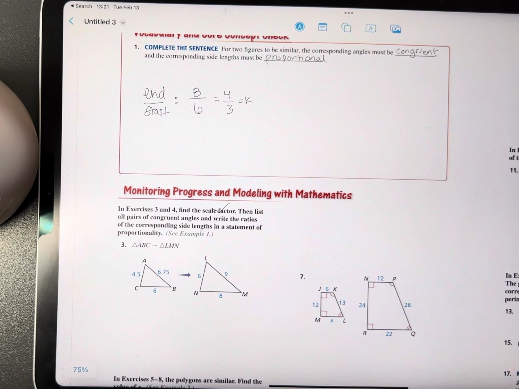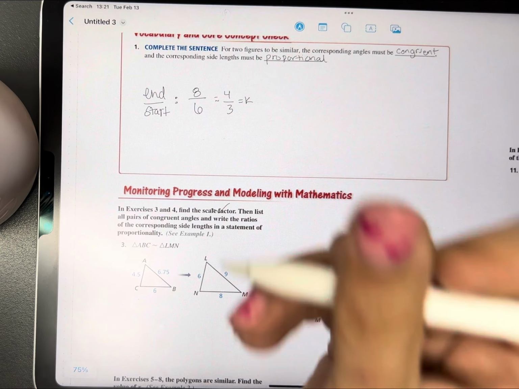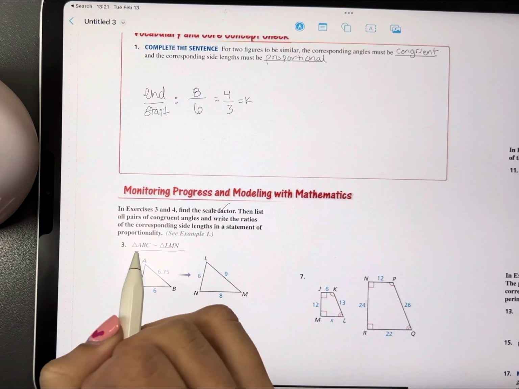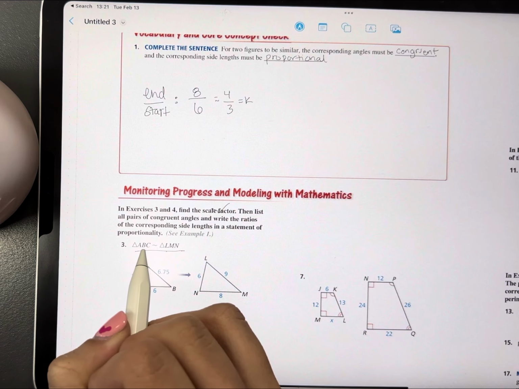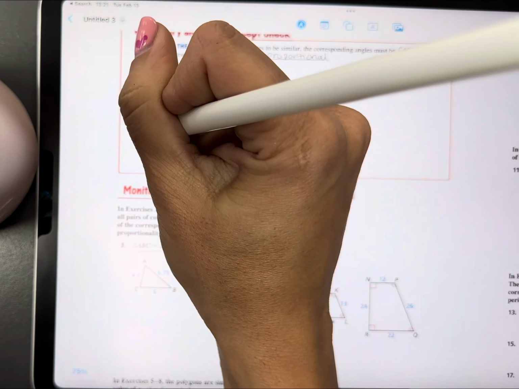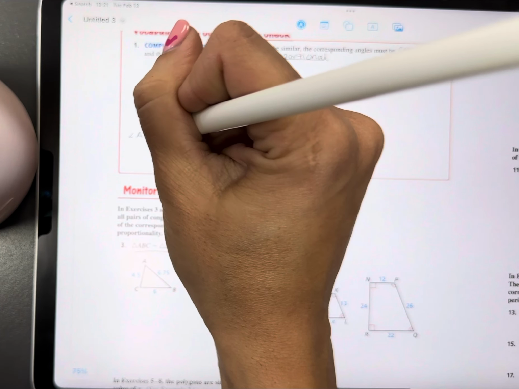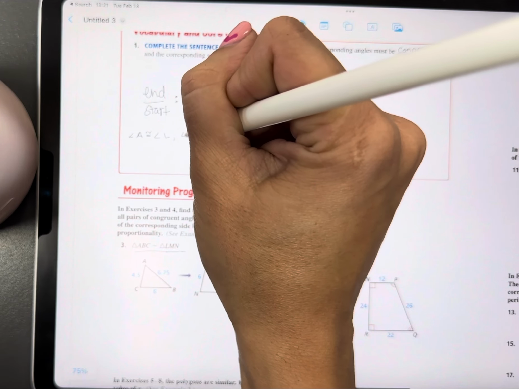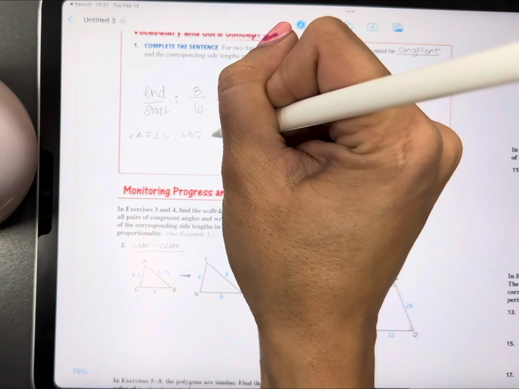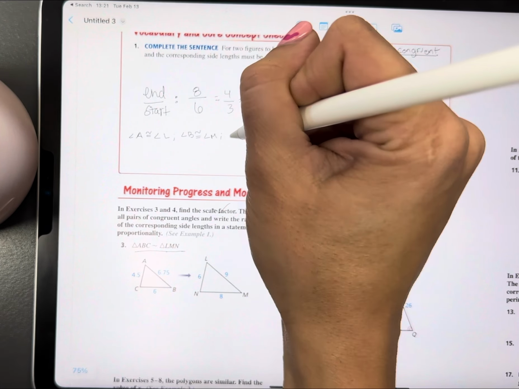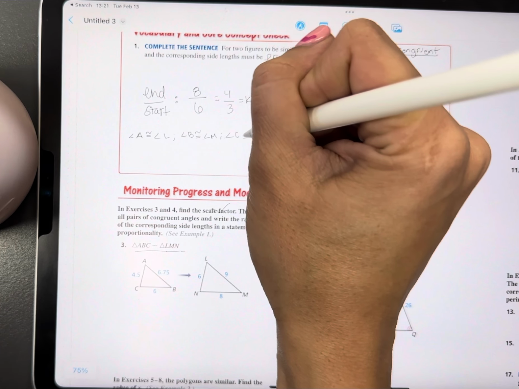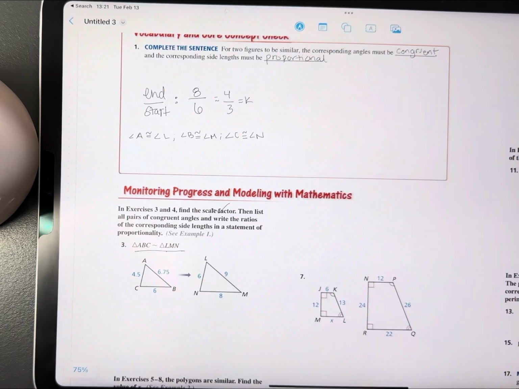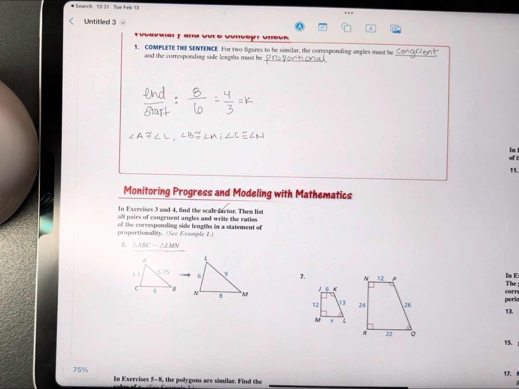List all pairs of congruent angles. Okay. It's right here for me. Angle A congruent to angle L. It just goes in order. So angle A is congruent to angle L. Angle B is congruent to angle M. And angle C is congruent to angle N. And then